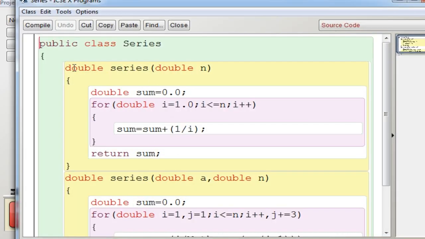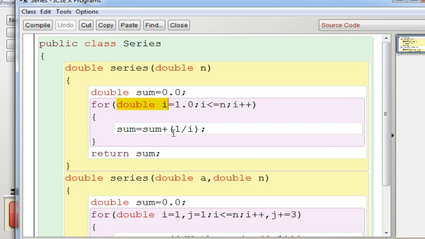Okay, right. Now we can see double series, double n. So I have declared a variable which is of double type, because you have to return this variable. And you can see, since it is using double and it has been stored into a double variable and it is returning double, I am using a double loop itself so that it doesn't give any trouble. So you can see double i equal to 1.0; i less than or equal to n; i plus plus. So it's a straightforward one.